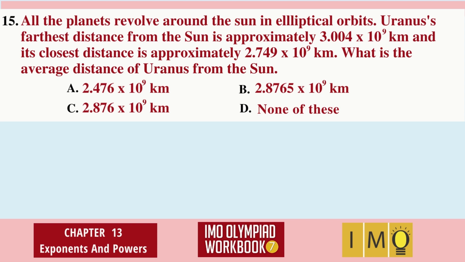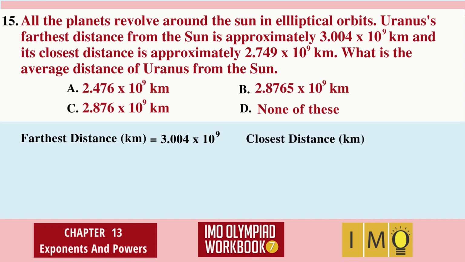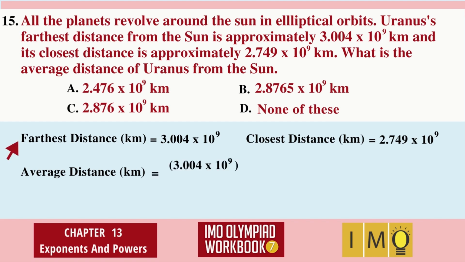First, let's note down the facts that are given. Farthest distance in kilometers is 3.004 into 10 to the power of 9, and the closest distance in kilometers is 2.749 into 10 to the power of 9. So, the average distance becomes the farthest distance plus the closest distance by 2. So, we have